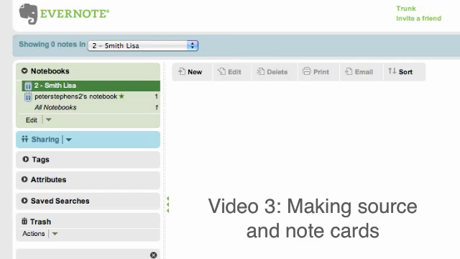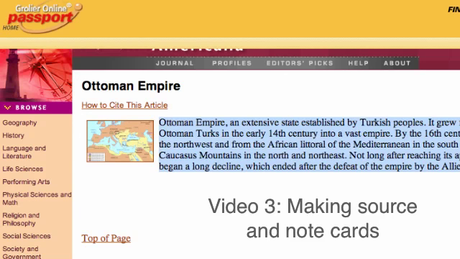The first thing you'll want to do is of course find something to use as a source and from which to get notes. I've done something as a sample. I'm pretending that I'm doing a research paper on the Ottoman Empire. I have found one source on the Ottoman Empire, Grolier Online,